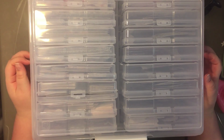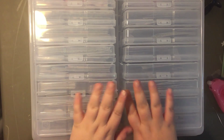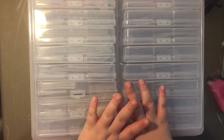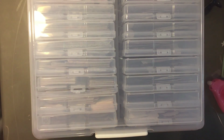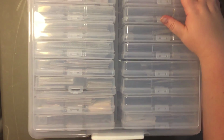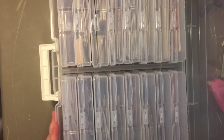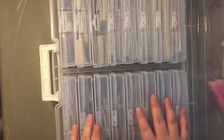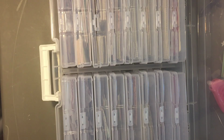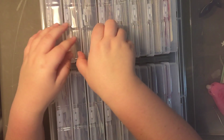I have a little workspace organization tool or tip that I have to share with you guys. I know that I've shared my Iris case before, the one that holds my Project Life cards, but recently I got this idea, why not have one for embellishments? So I ordered another one. Michael's had it 50% off. So I'm not gonna lie, it was still like $25, but I did pay for shipping, so that was part of that. So I mean, they're not the cheapest thing, but they're definitely neat and organized, and